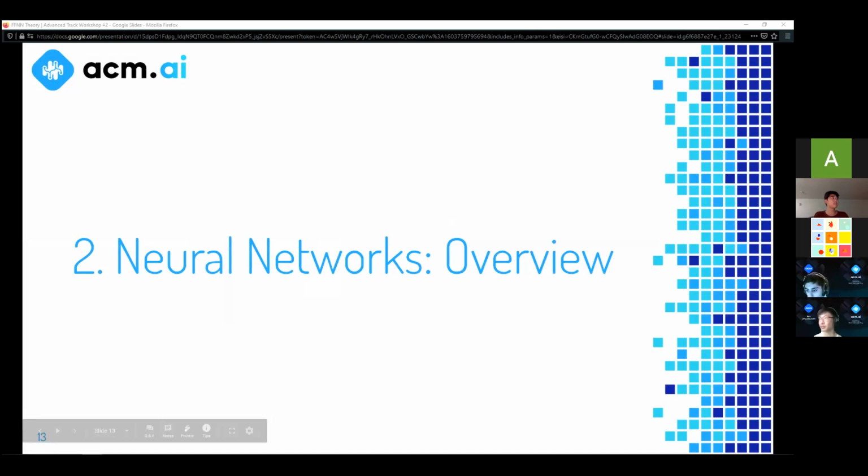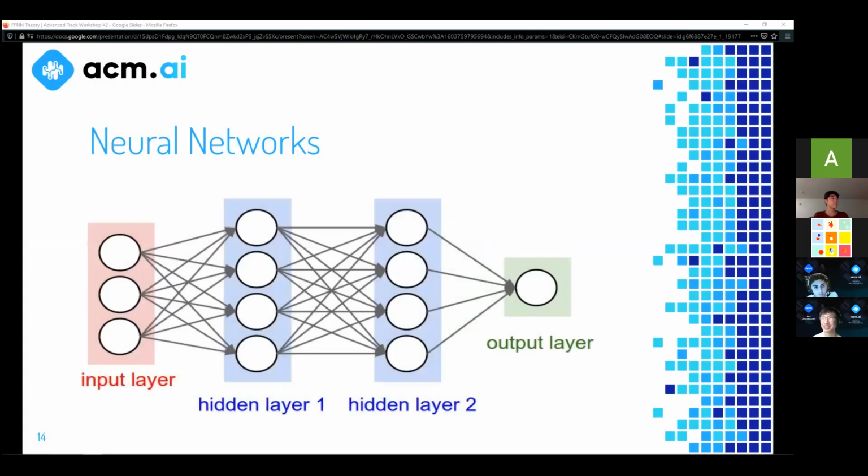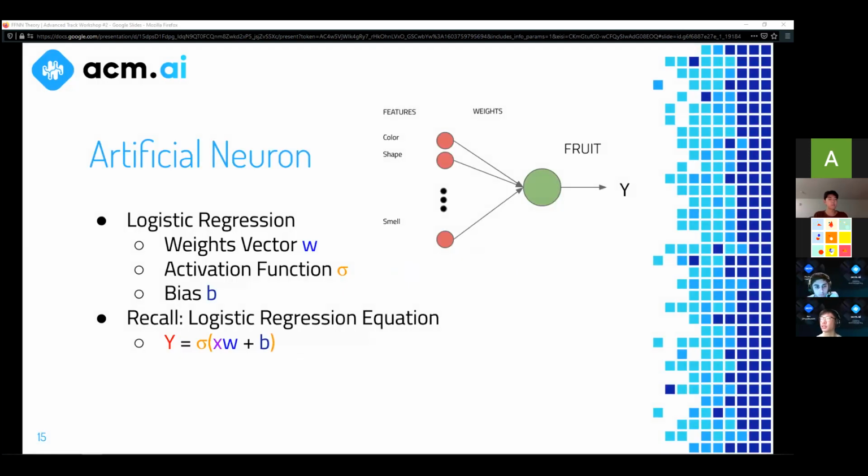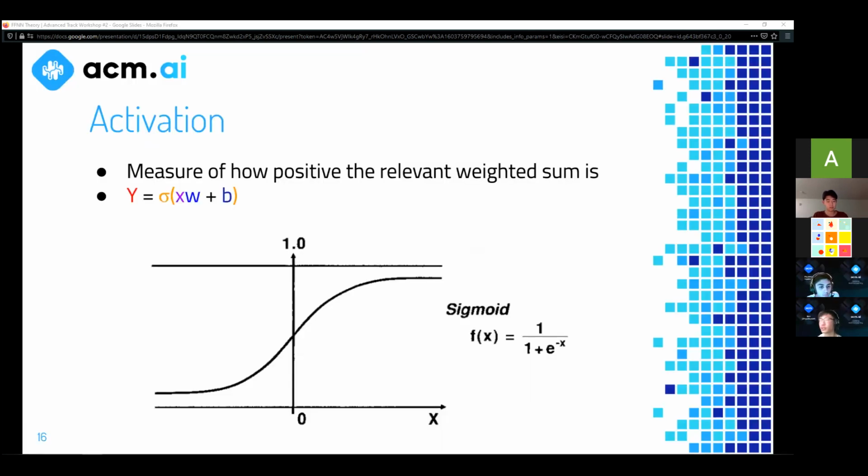So now we're going back to neural networks. You might recognize some of these slides. In contrast to logistic regression, in neural networks we're stacking these logistic regression models together. Each of these nodes is an artificial neuron, and each node is like its own logistic regression model. So it has its own parameters: weights that are independent of every other node, its own bias, which is also independent of every other node, and an activation function. This activation function is something like this slide here, which is sigmoid.